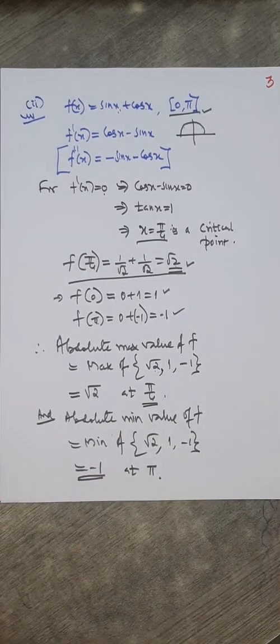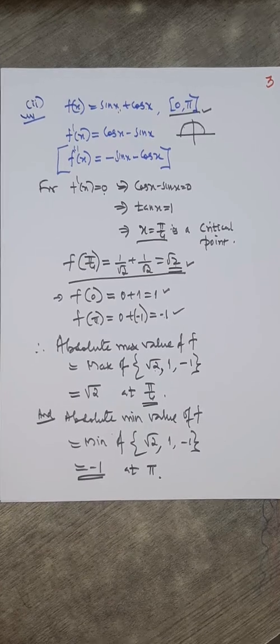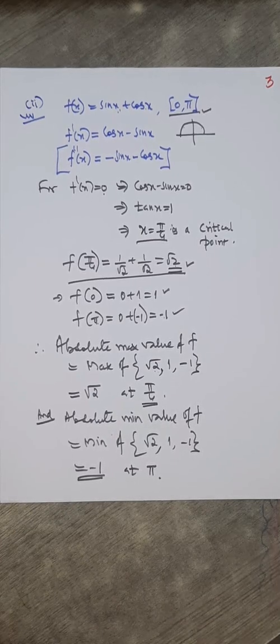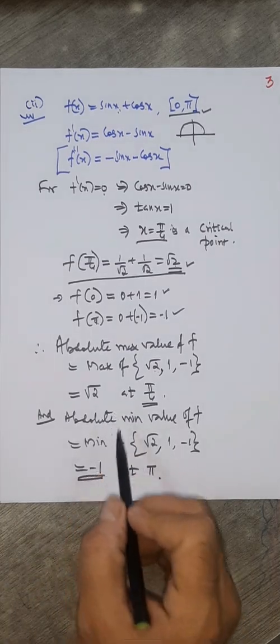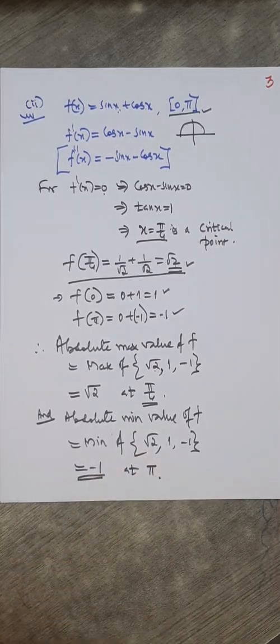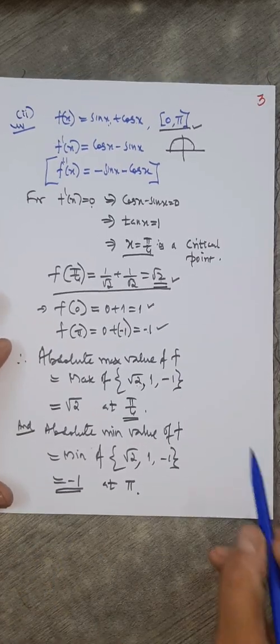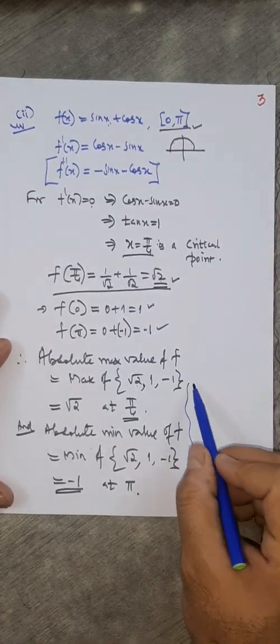Okay, so here absolute maximum is given by, what's the absolute maximum value here? That is nothing but root 2. Absolute maximum value here is root 2. And what's absolute minimum value? Which is minus 1. If I just draw the graph, a rough graph, for your clarity, not for examination point of